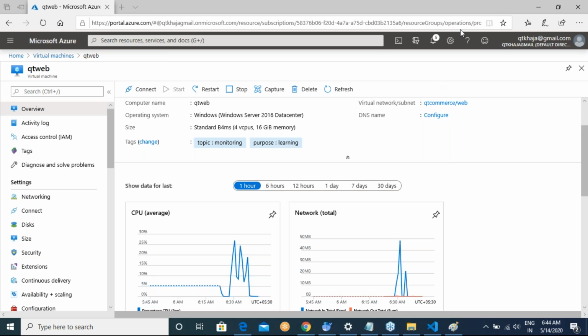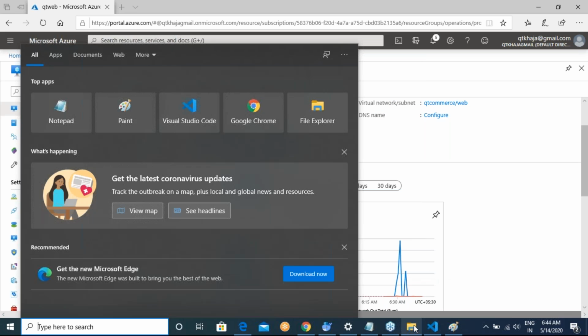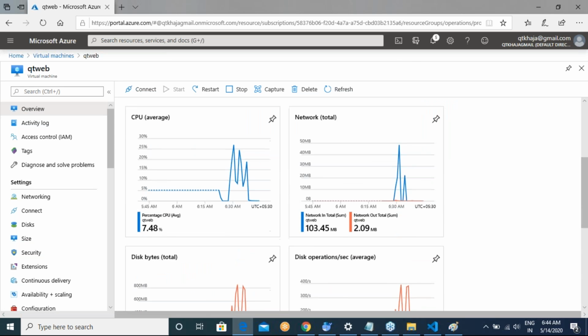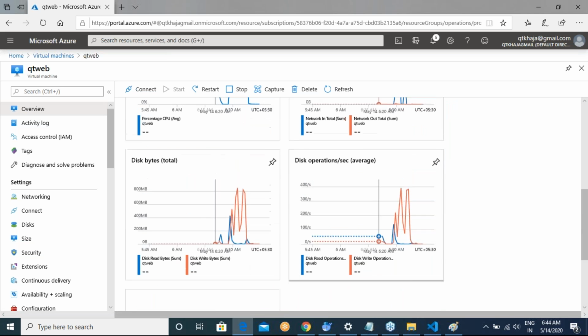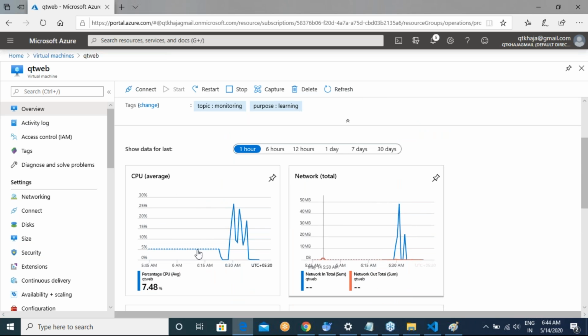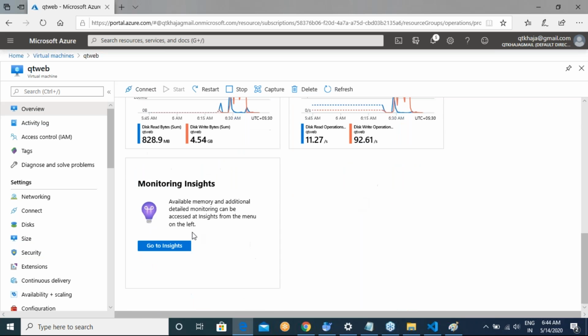Right. So if you go into this overview section, I'll not have any screenshots, but in this overview section you would be seeing some of the graphs. Where are these graphs coming from? These graphs are actually coming from your Azure monitoring itself. Your Azure is already monitoring what your CPU looks like, what your network looks like. And they have something called monitoring insights. So shall we get started with that?